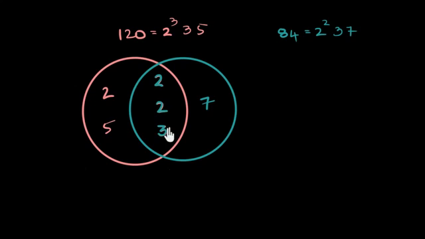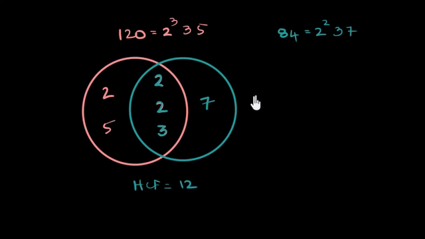So anything you multiply within this will also be a common factor. So 2 into 2 will also be a common factor. 3 into 2 will also be a common factor. In other words, 4, 6, all of these will be common factors. But the highest common factor will be if you take all of them and multiply them together. And that will be 2 into 2, 4 into 3, 12. So the HCF will be equal to 12.